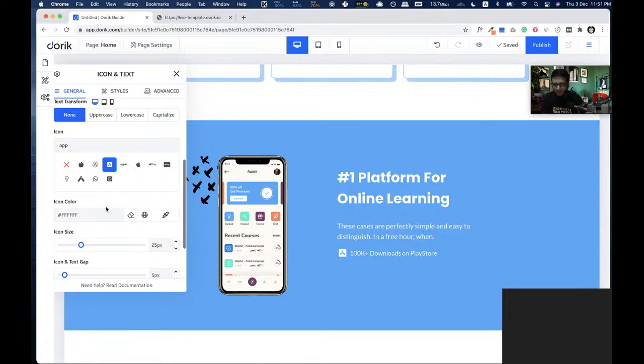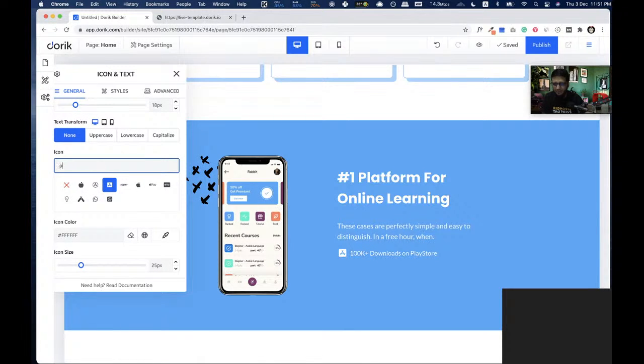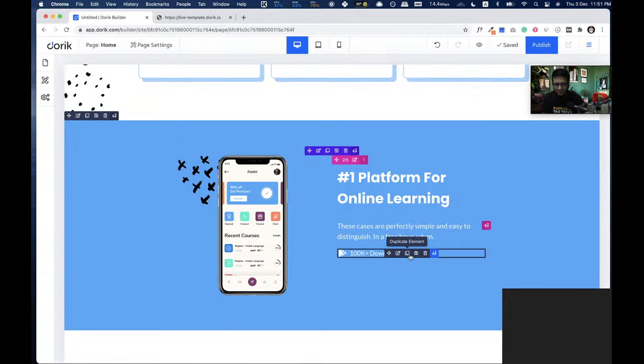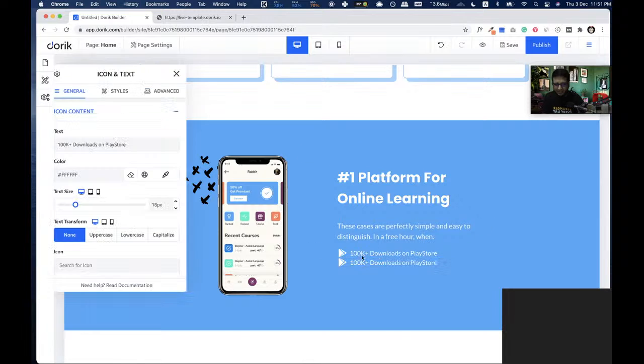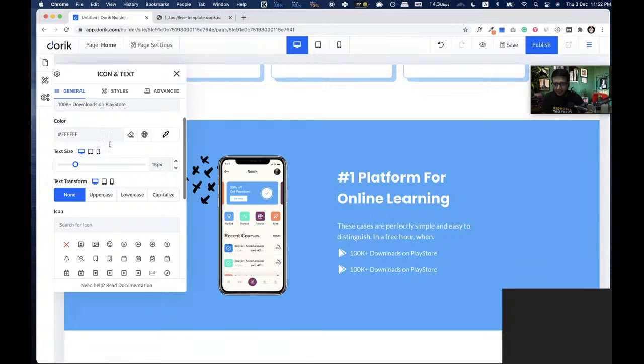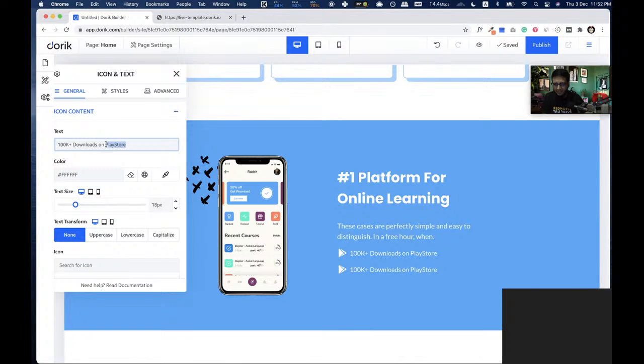The icon should be Play Store, Google Play. This is fine. Here it is, and we can duplicate it and make another. We can add some gap at the top, like 20 pixel, and make it a different text, say Play Store, App Store.